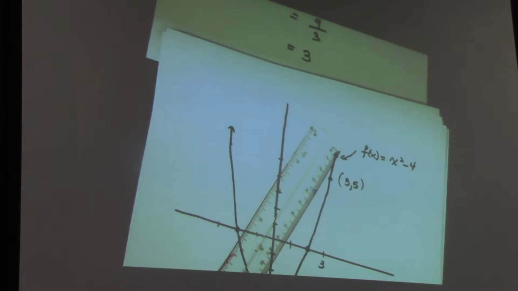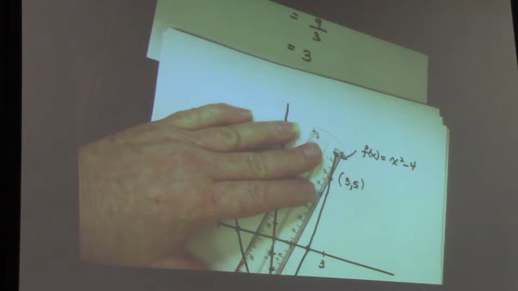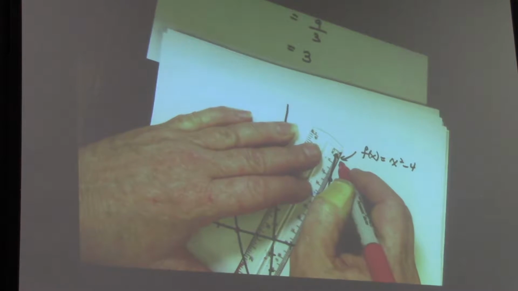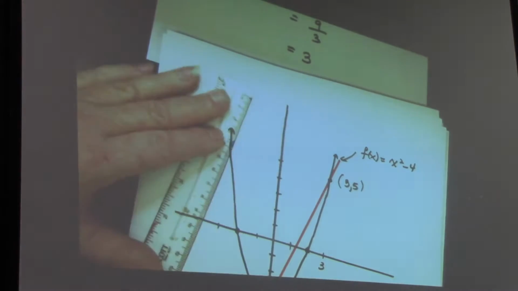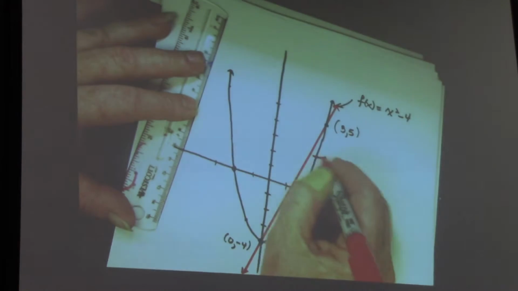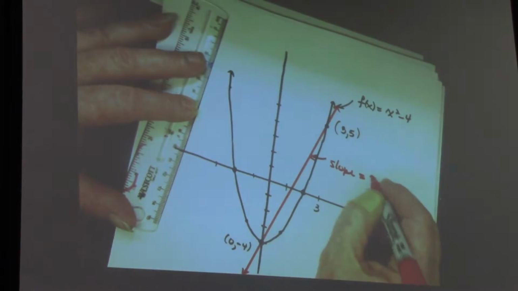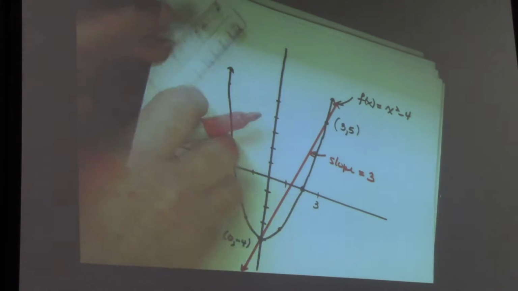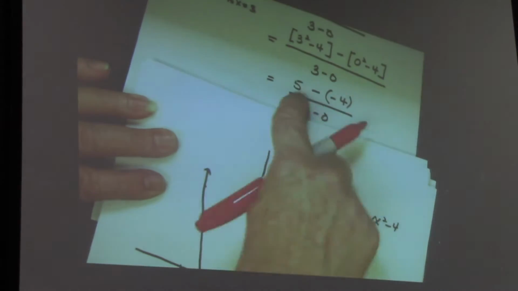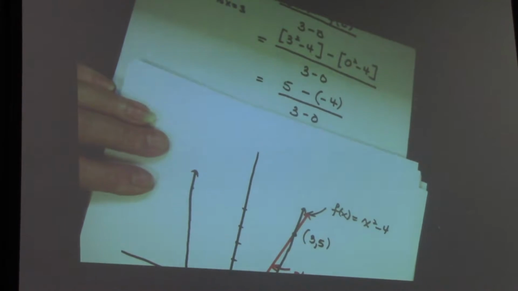Okay? So the slope of the line through 0, comma, negative 4, and 3, comma, 5, the slope of that line is 3. Okay, and you know, if you just calculate the slope, you'd have 5 minus negative 4 over 3 minus 0. That's all we have there, right? 5 minus negative 4 over 3 minus 0. Okay, so the slope is 3. Okay, now remember in the previous section, we